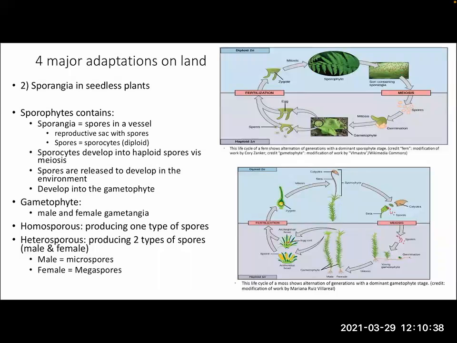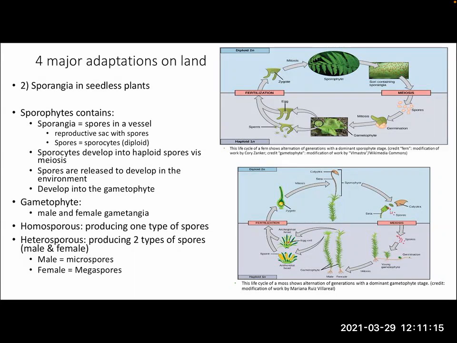Depending on the species of the plant, it can produce one of two spore types. So if the spores are the same size, then they are referred to as homosporous. So for example, here, these spores are the same size, so it's known as homosporous. You could also be heterosporous if those spores are two different sizes.